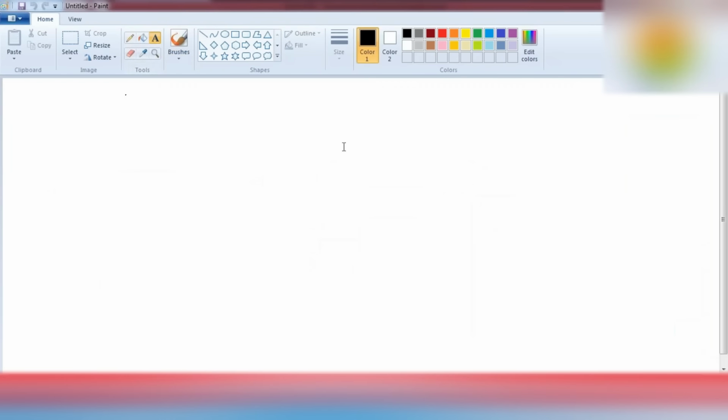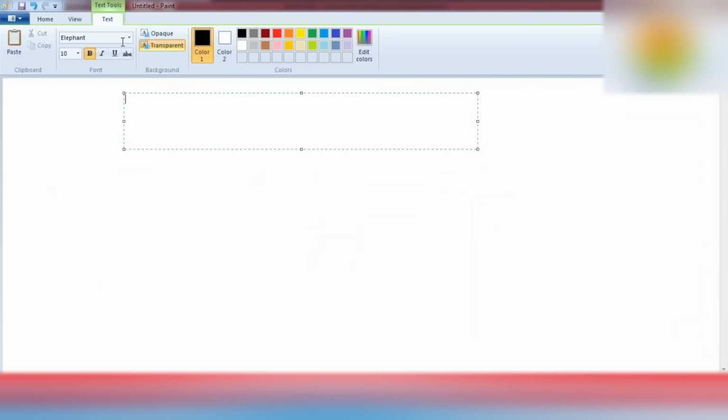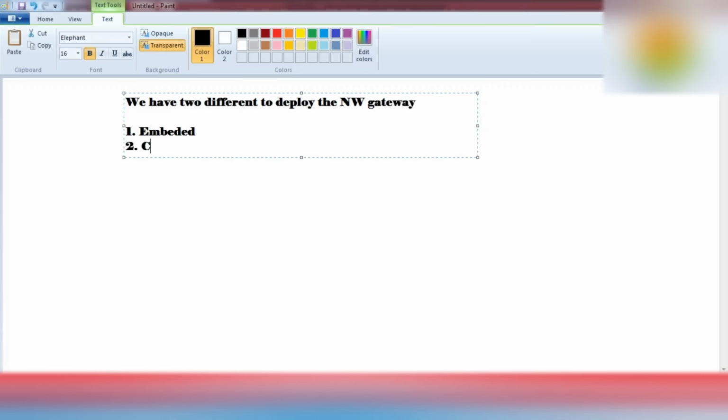The first option is the embedded option, and the second option is the central hub option. So this is also important, you need to know.